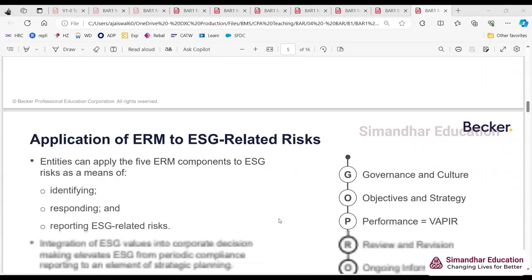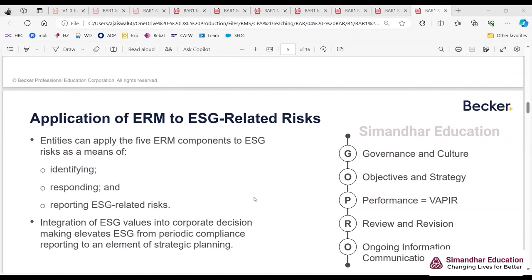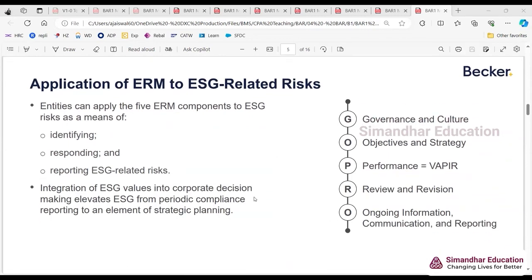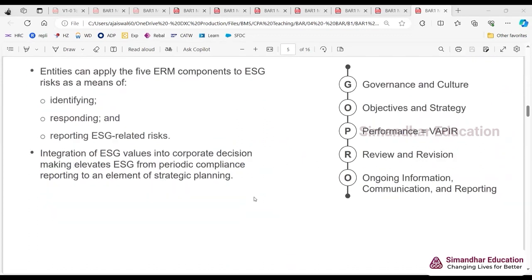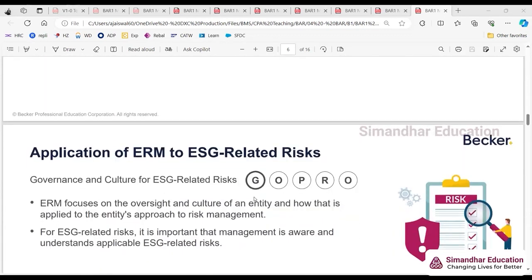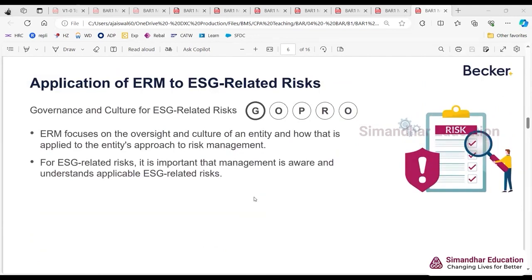So governance issues: bribery, etc., should not be promoted. That is also part of governance. Let me ask you one question. A US company is trying to set up its operation in India. And in India, are bribes common or not? If you want to set up a branch or subsidiary here, are bribes common for getting all the approvals in place? It is very common, right?